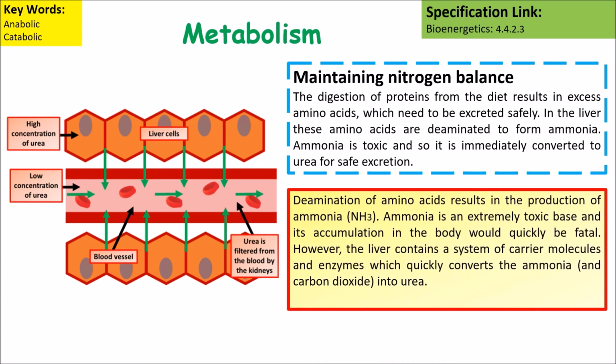The deamination of amino acids results in the production of ammonia. Ammonia, like we've said, is extremely toxic. So the liver contains a system of carrier molecules and enzymes that quickly converts it into carbon dioxide and urea,